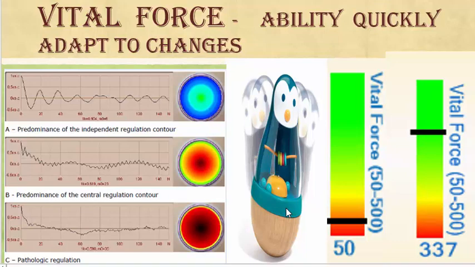In some cases, you will see that when you put someone on a detoxification protocol, the vital force drops. It means the body doesn't have enough adaptation ability to remove toxins from the organs and from the body. So if you over-detoxify, it will drop the vital force and produce a lot of imbalance in the regulatory system. This is why it's a very important parameter to look at.